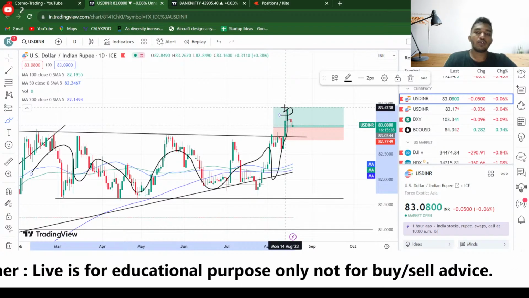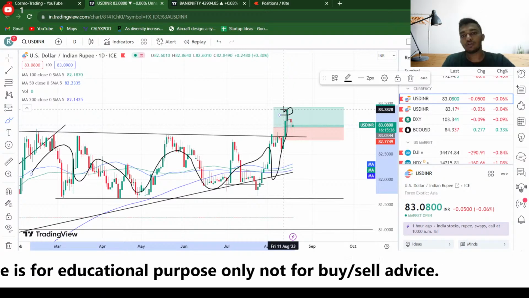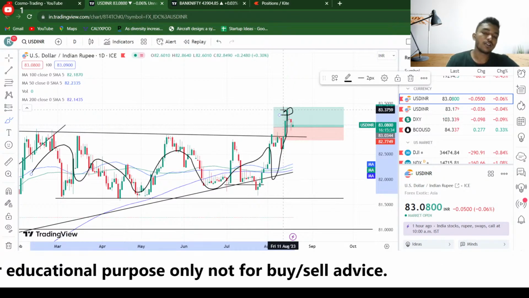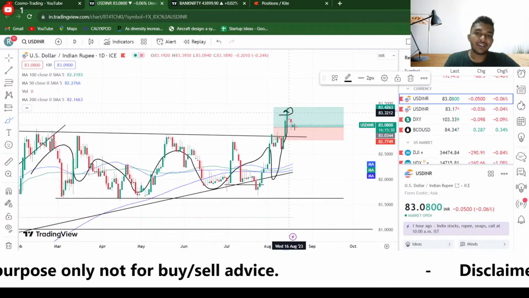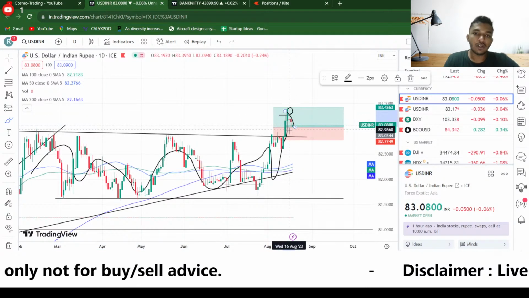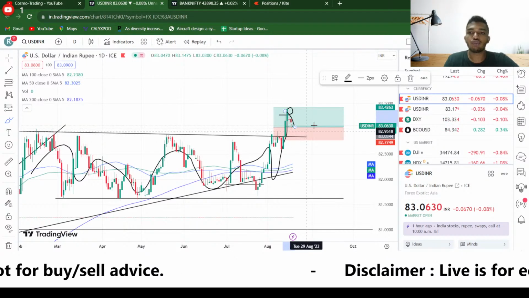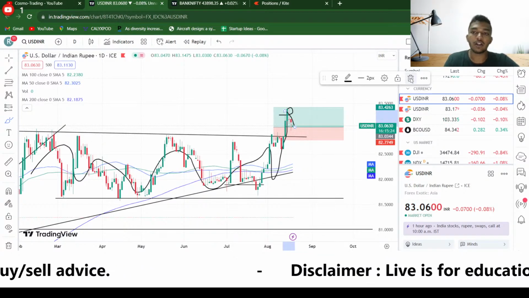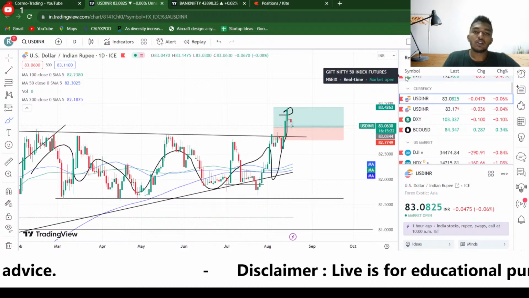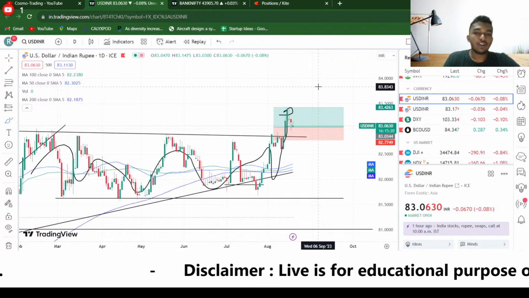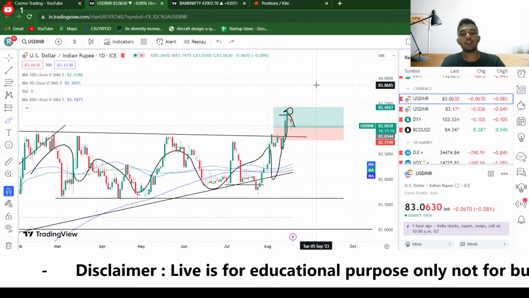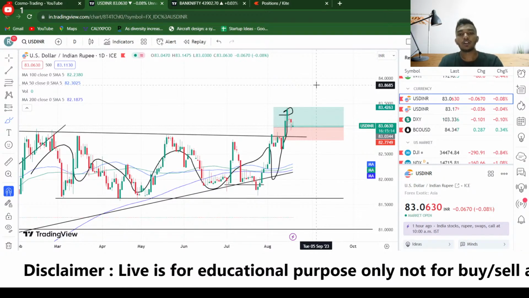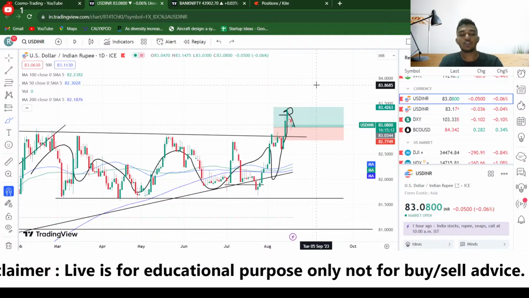After forming a new all-time high area, it gave some correction to test the levels from where it had given a breakout. So the retest happened. Now it has formed a kind of bullish hammer candle. Now it is forming an inverted hammer candle. So these are all kind of bullish candles. I'm hoping for another bullish momentum and probably we may cross the new high. That's what I think